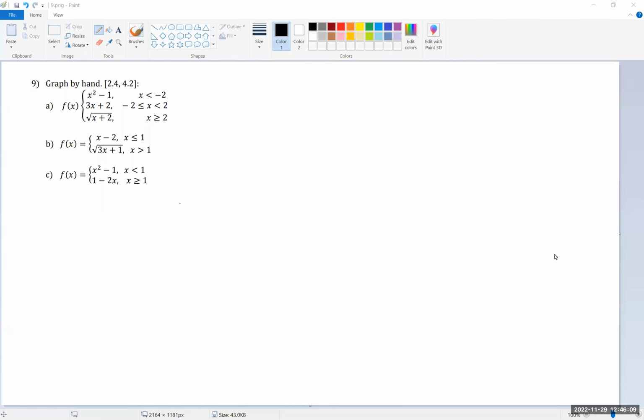All right, this is number 9. Let's go ahead and try A. Okay, let's try this one here. It's a piecewise function. We're supposed to graph by hand, so we're gonna go ahead and do this in parts. So let's do this is A, but we're gonna deal with